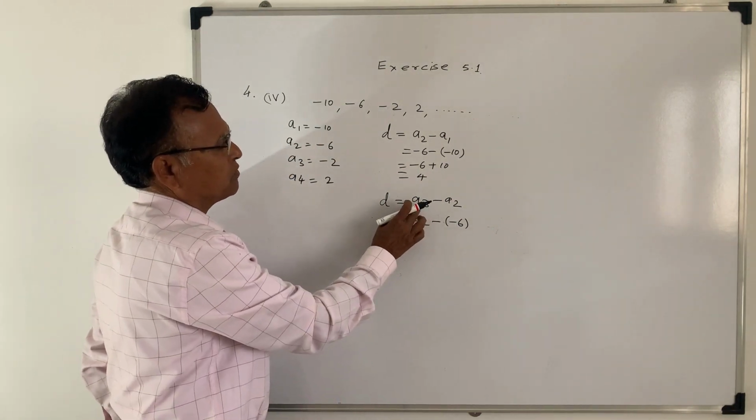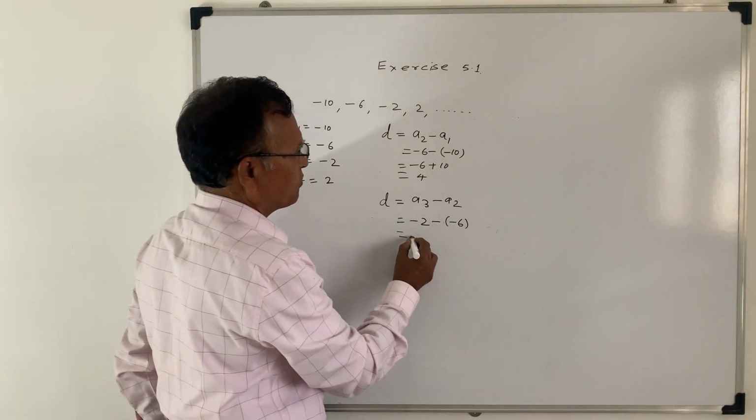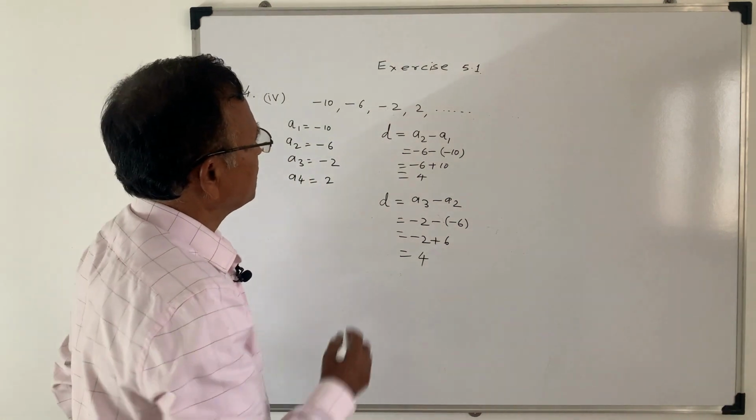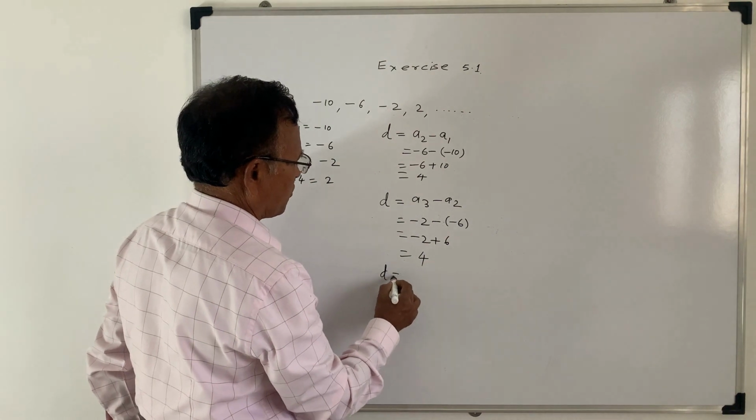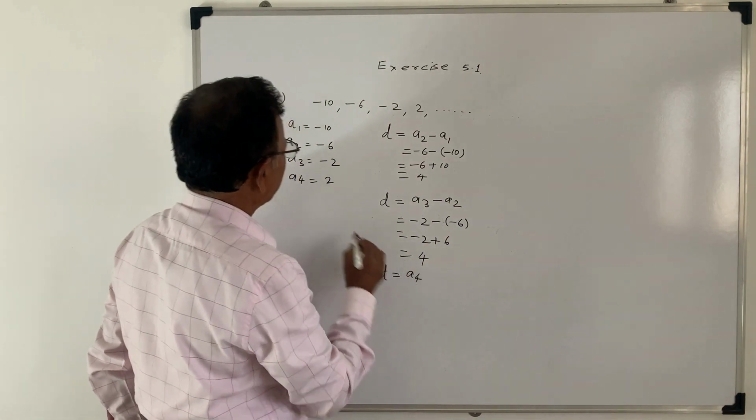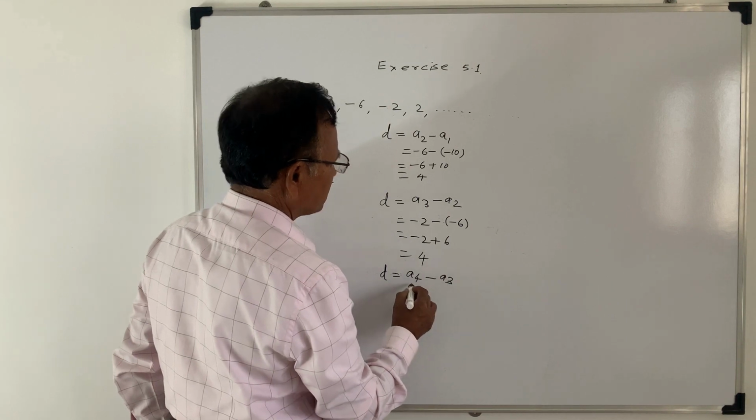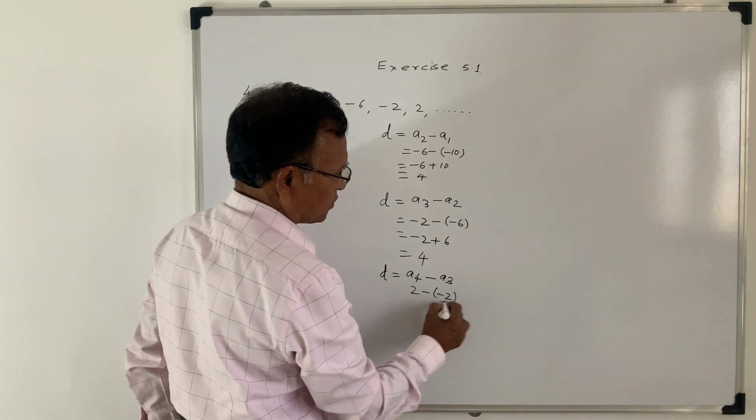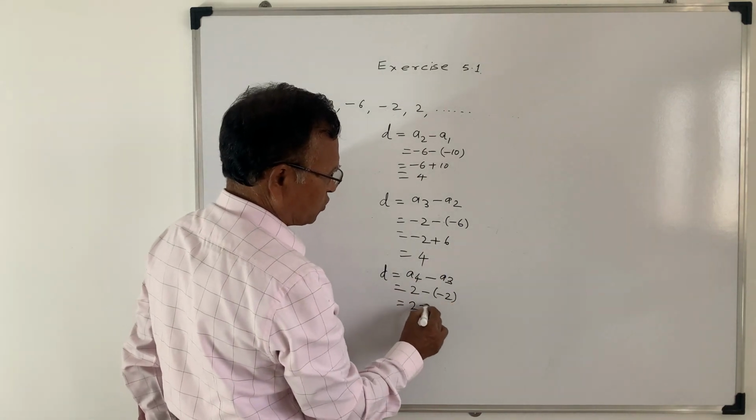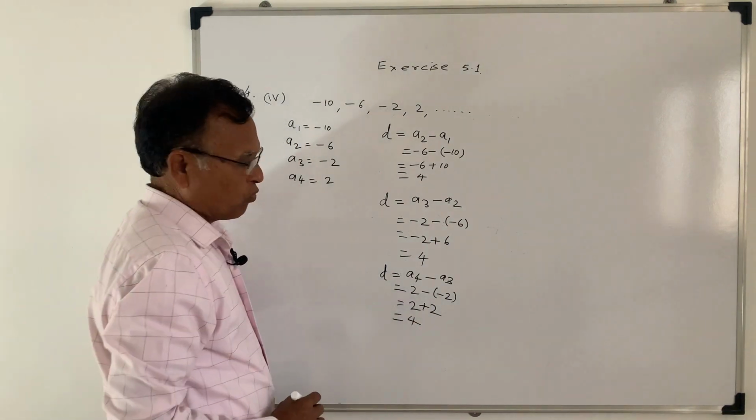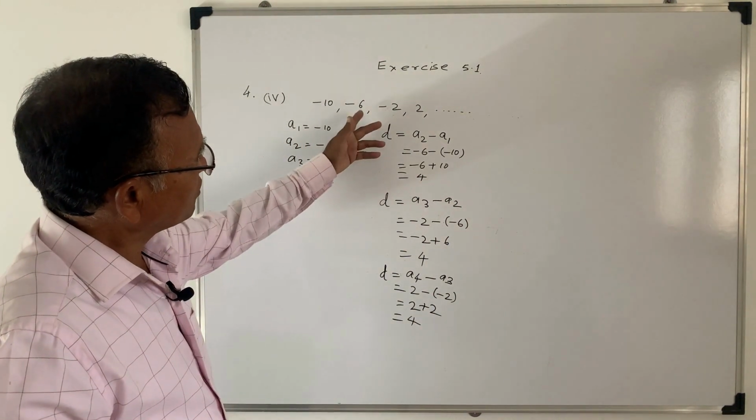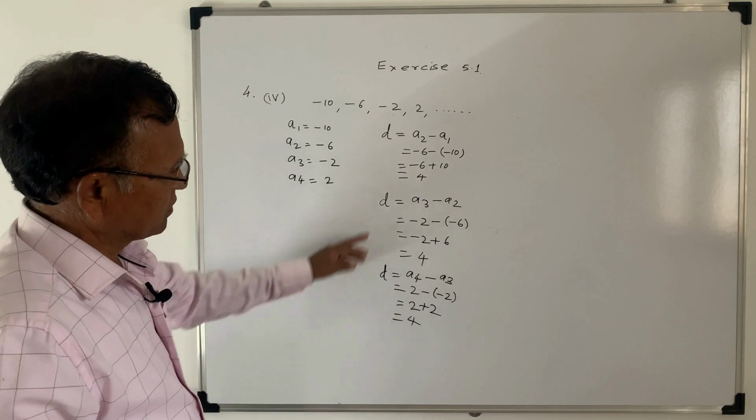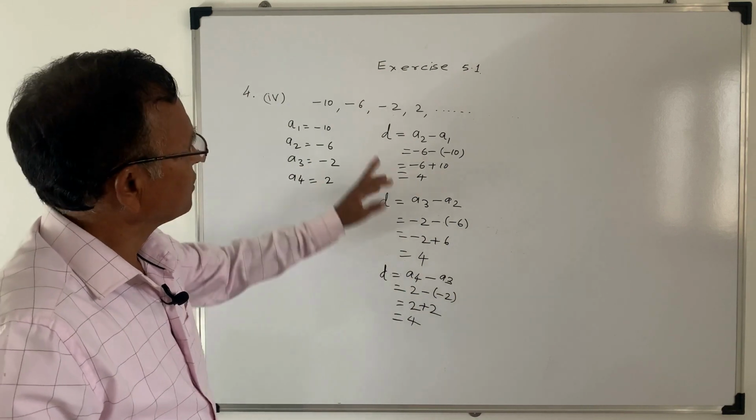You have to subtract A2 from A3. So it will be minus 2 plus 6, and that is 4. Similarly, you can write A4 minus A3. So A4 is 2 minus A3, which is minus 2. So that will be 2 plus 2, and that is 4. So in all terms it is observed that the common difference is the same, that is 4, 4, 4, and therefore it